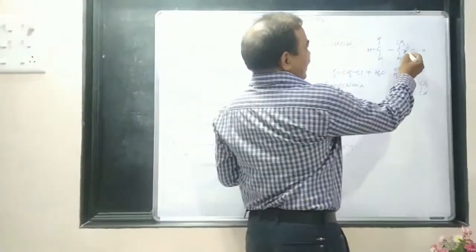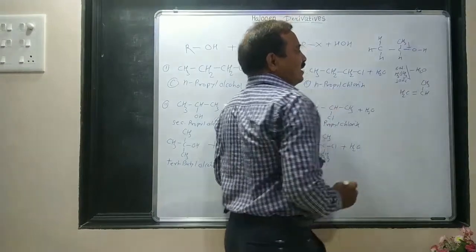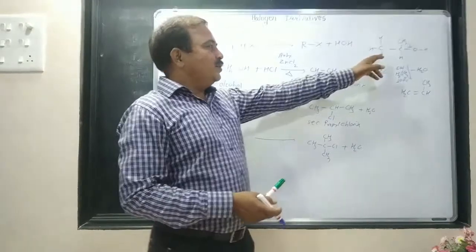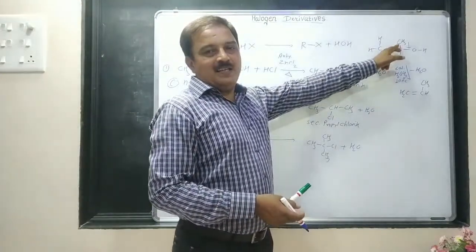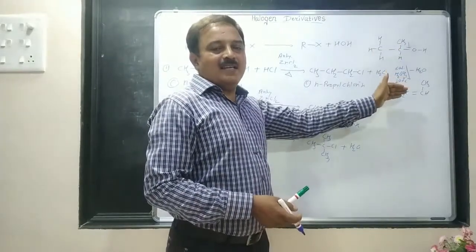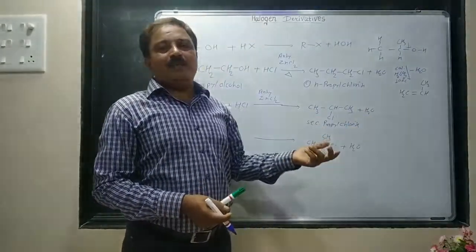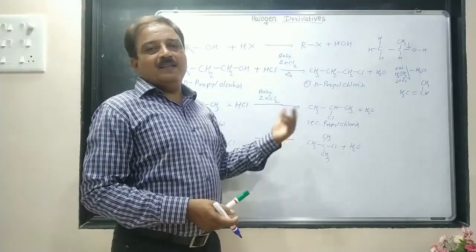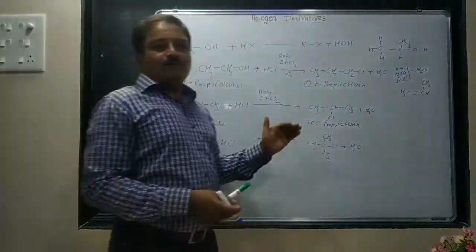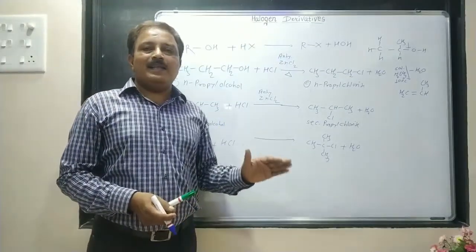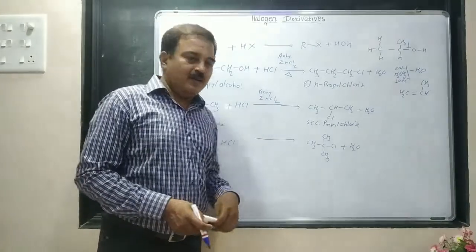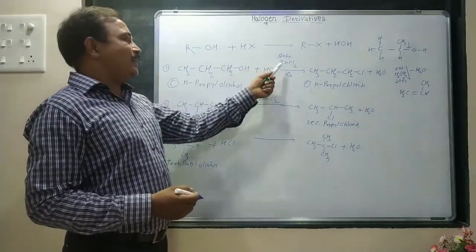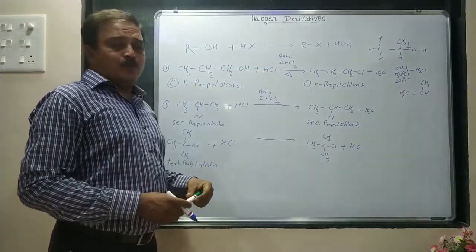So here again, in the case of a secondary one, this bond is a little less strong compared to the primary one, due to the +I effect of a CH3. Secondary carbocations are also more stable than primary carbocations. Tertiary carbocations are more stable than secondary carbocations. Therefore, dehydration of a tertiary alcohol requires a lower temperature as well as a lower concentration of sulfuric acid.